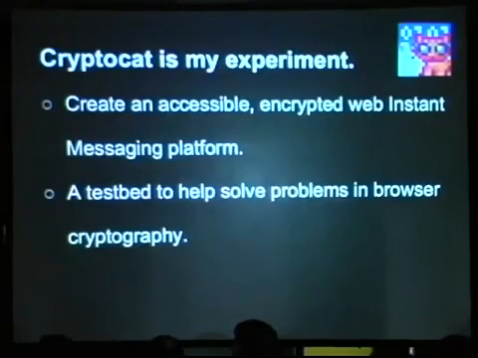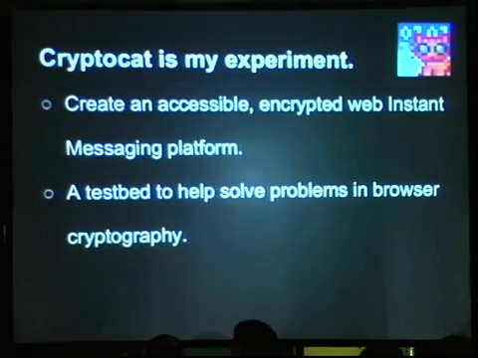So Cryptocat was my experiment. It was to create an accessible OTR, right? Raise your hand if you've used OTR. Okay, keep your hand raised if you're a journalist who's used OTR. Whoa, 2 hands? Okay, so the point here is that we're all hackers. It's great. We all like to use OTR. We're all very smart with our crypto and our audited spec. And so those are obviously extremely important things. But